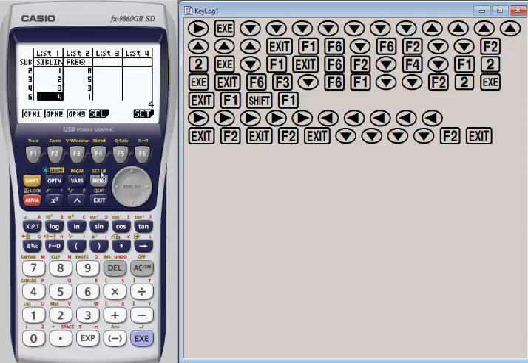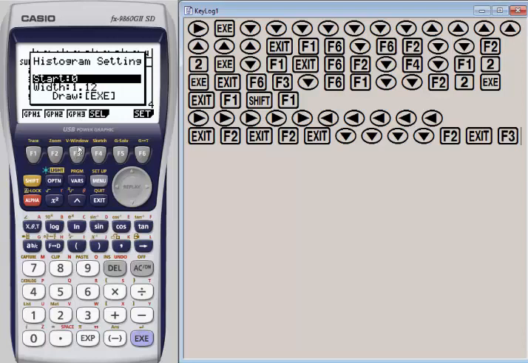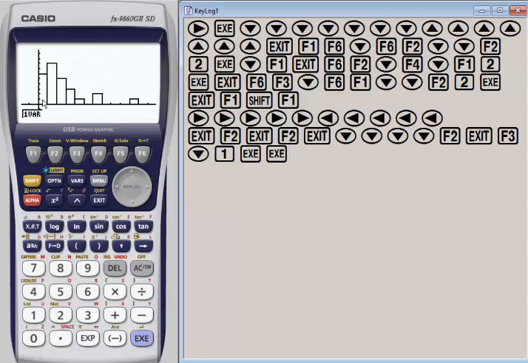So let's hit exit and look at our last graph. For a histogram, it asks where you want to start. We wanted to start at 0 because we had 0 siblings. And what do we want the bar width to be? We can play around with that. Let's change that to a 1, and then hit execute. It's making the width of each bar 1, and we can see the bar graph.